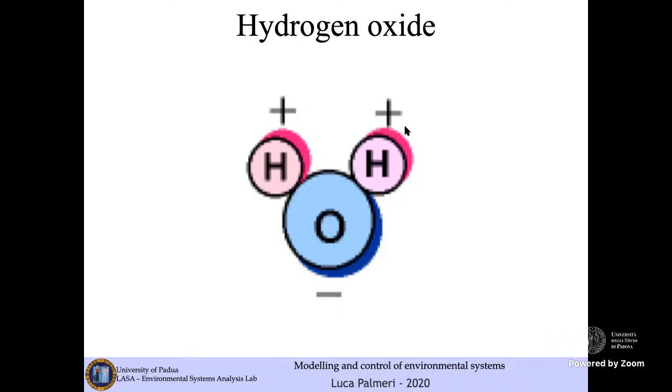We find this kind of proportion in several contexts. It's a little bit like what we call the golden section, a number that somehow regulates some of the geometries